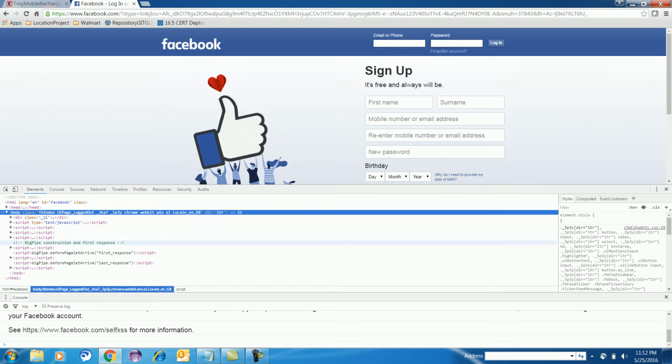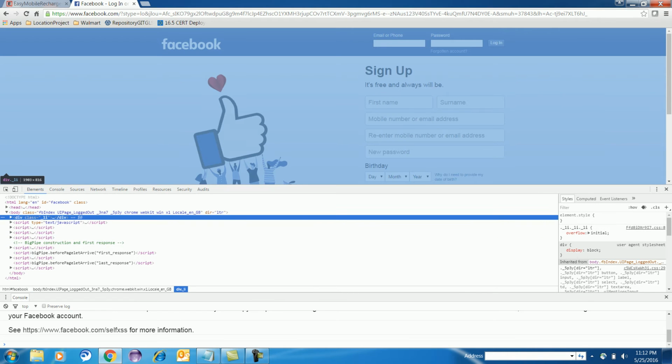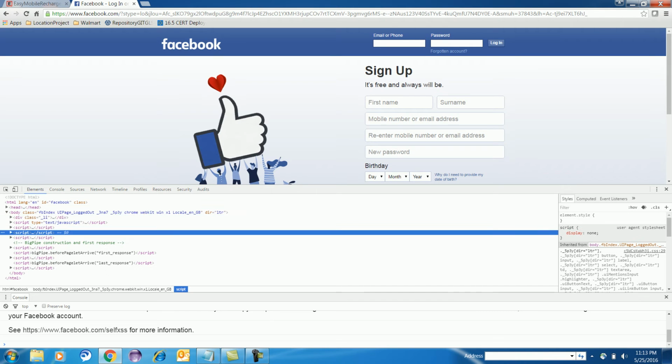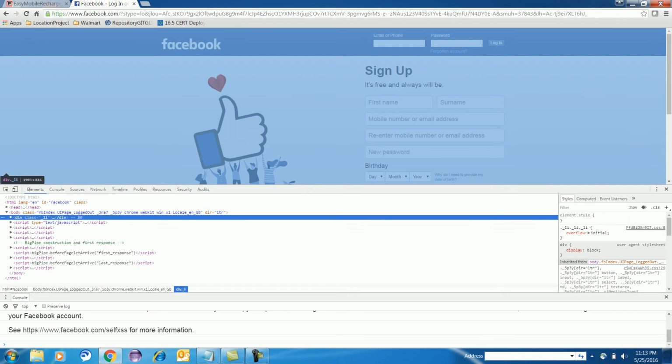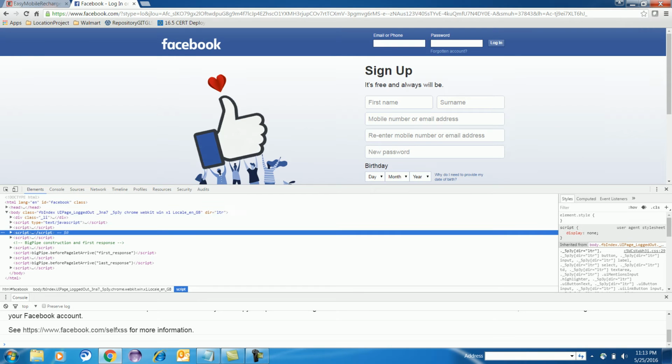Now we need to know where to use following siblings and where to use preceding siblings. Assume that I am at the div position, and I want to get the object of script number 3. Here we will use following siblings. But why am I saying we will use following siblings? Because we are following our siblings.